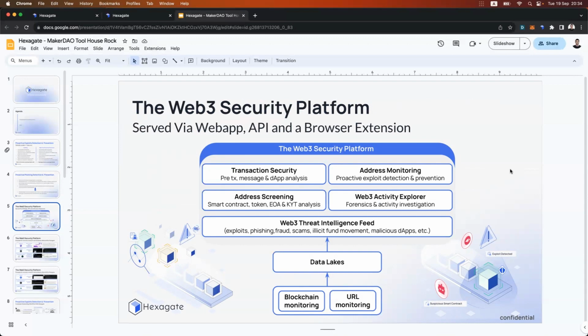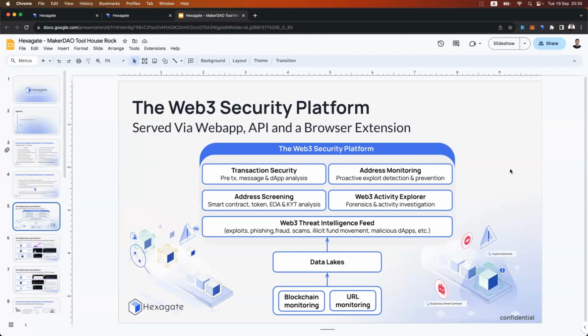And the way Hexagate works is on the back end, we have two main components. One is blockchain monitoring, and one is URL or domain monitoring. On that infrastructure level, we have multiple chains indexed from Genesis in real time, and new dApps that come in, we have them indexed as well.